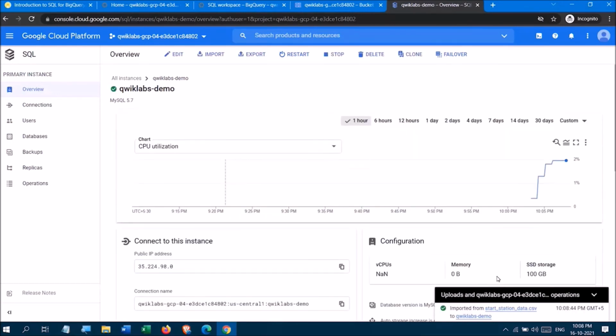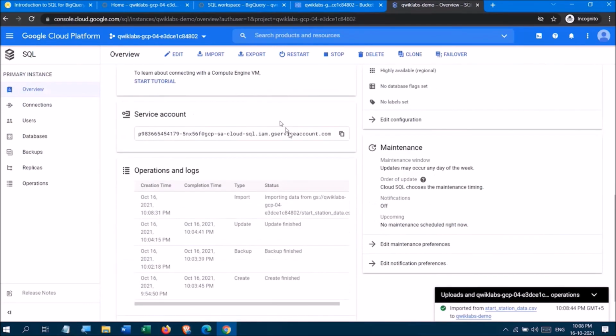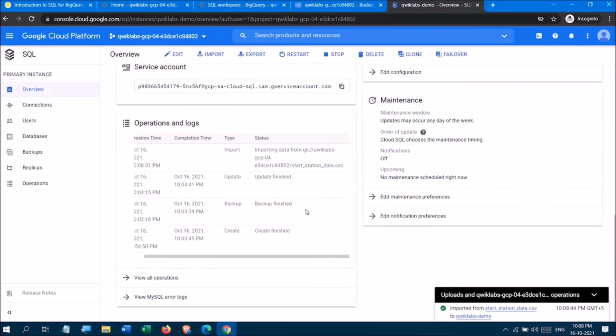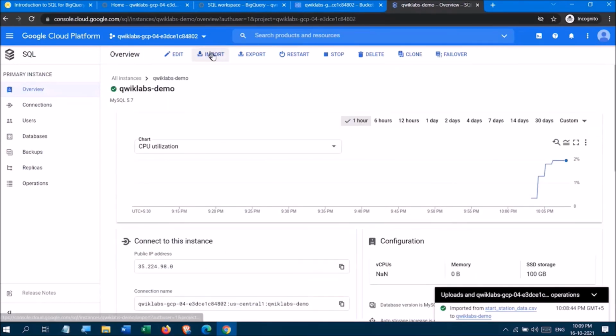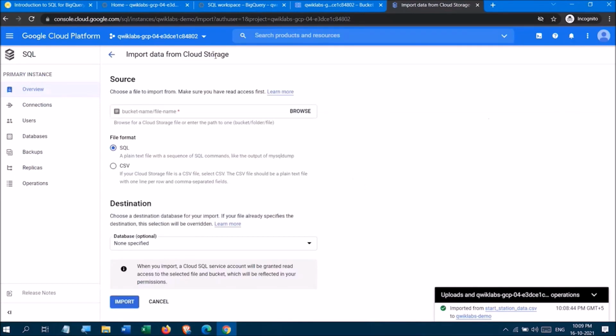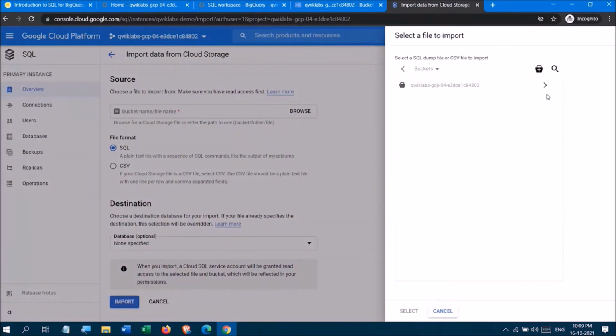Yes, it has got imported. Okay. So you got to see that some importation of data is happening here. Okay, I import the second data, copy this, go to the bucket part, end station data CSV,